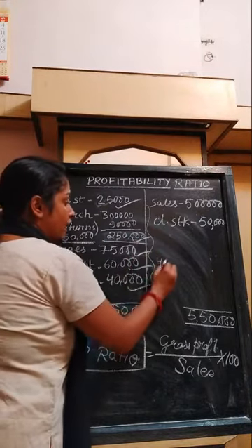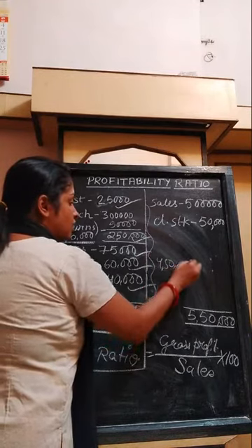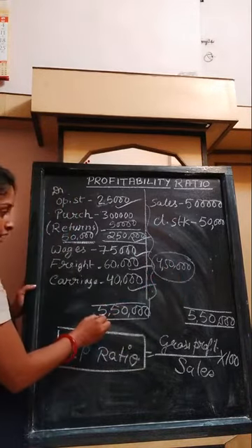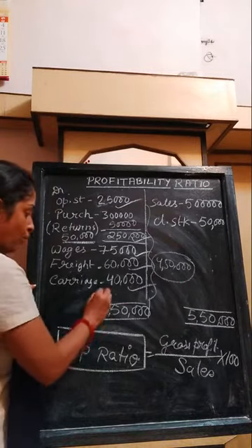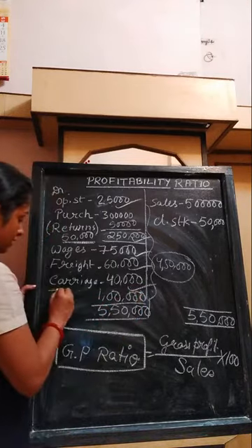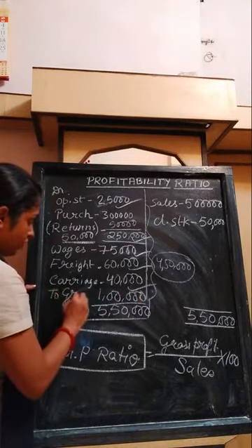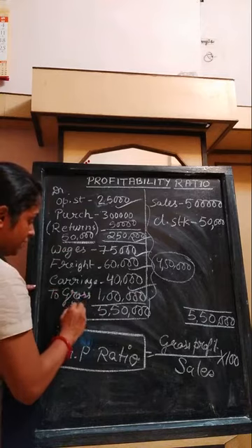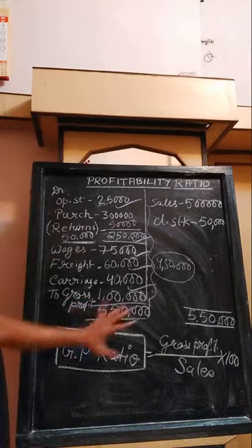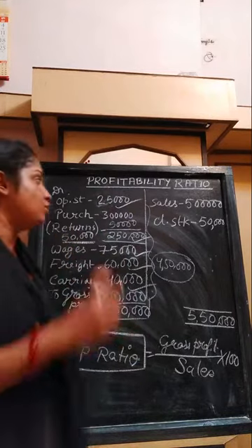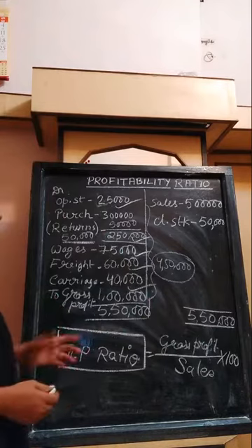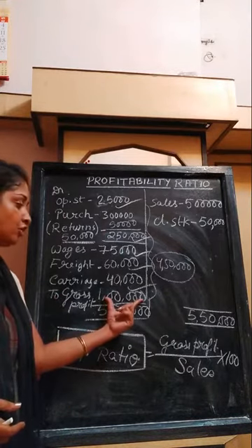We are getting 4,50,000, just showing as a rough work. This 4,50,000 we will deduct from 5,50,000 and we will derive 1 lakh as the gross profit. So this was the gross profit. This was the GP. So this we will derive from the sum. By solving the sum, by arranging the items, by doing the calculation, by putting the items in a right place, in a proper place, we are going to get 1 lakh as the gross profit.